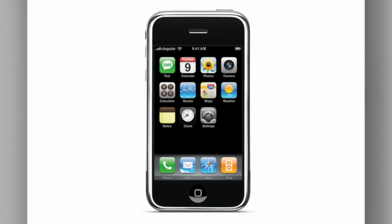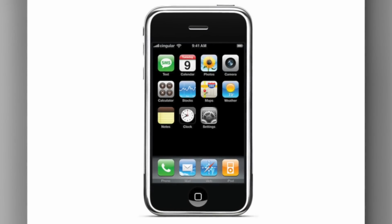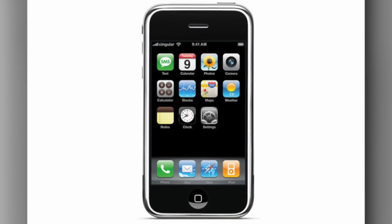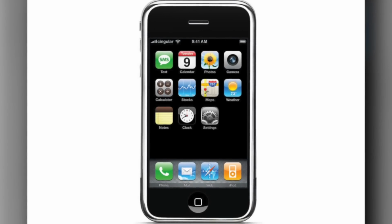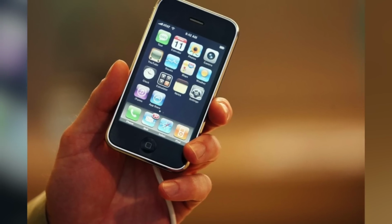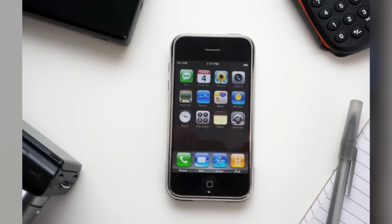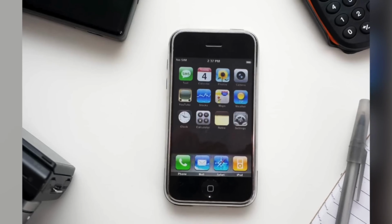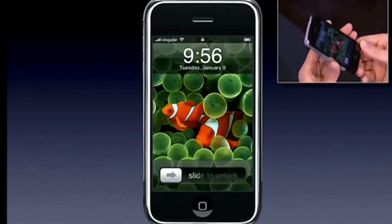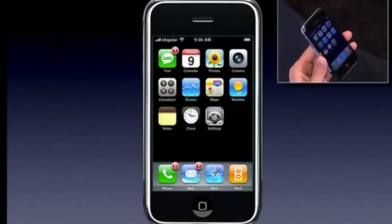So back in 2007, the first version of iOS was released, but it wasn't actually called iOS back in those days. In fact, Apple didn't give the iPhone's operating system a name until 2008, when iPhone OS 2 was introduced. Up until that point, Apple marketing material simply said that the iPhone runs a version of Mac OS X, Apple's desktop operating system. But today, the first version of iOS is referred to as iPhone OS 1, and the capabilities